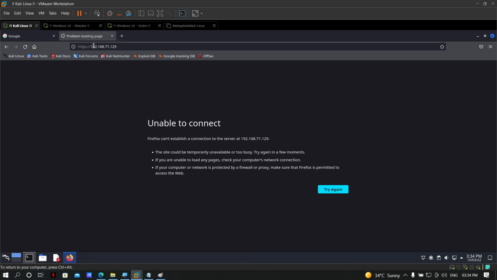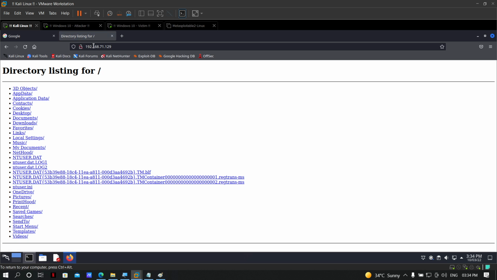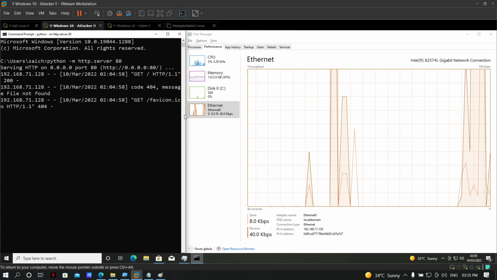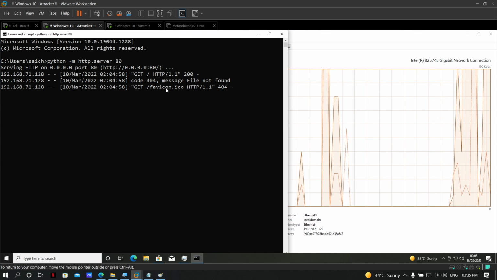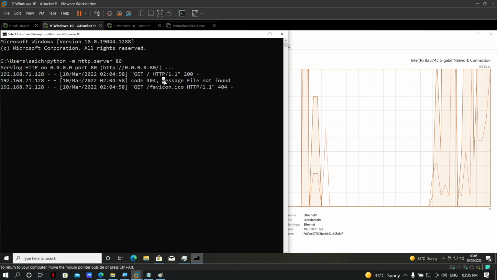If you try to open your website, we can access the files, right? Whenever you open the website, a simple request will be sent to the server and the server will send us the response. That's how your web server works in the normal case.